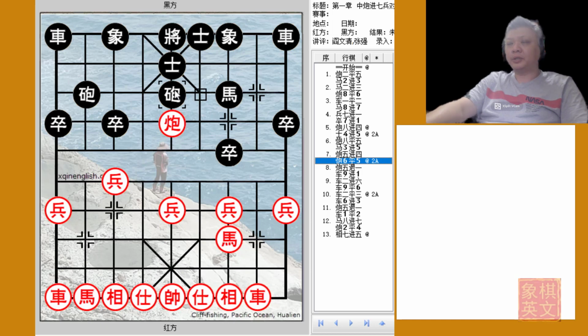However, this is considered to be viable and recommended in this situation because one of the best ways to counter an enemy central cannon is to counter with a central cannon of your own. Now at this point in time, both cannons will be pinning each other, and as can be seen